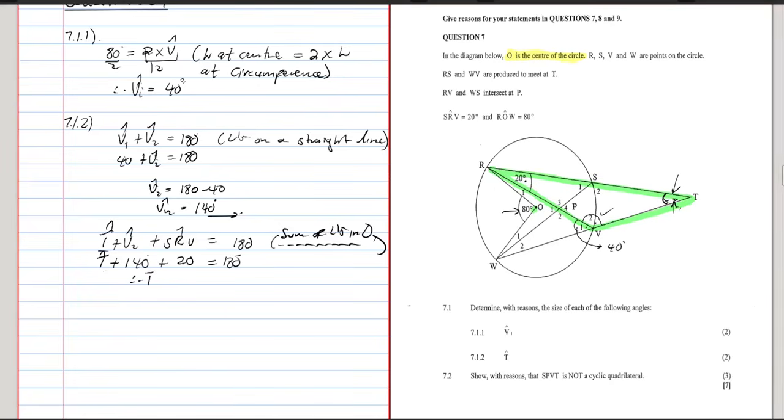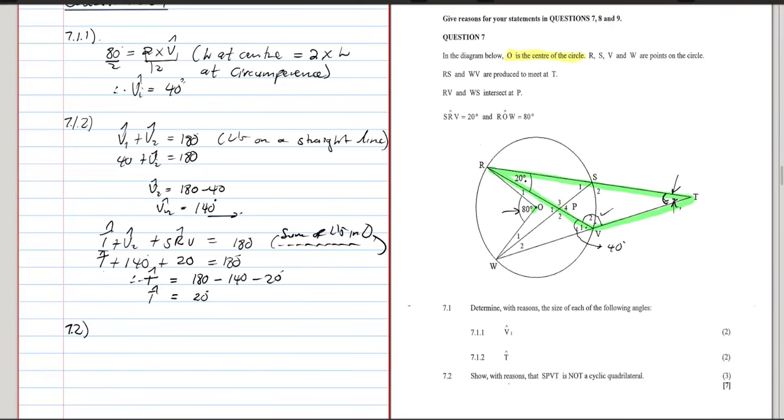Therefore angle T is equal to 180 minus 140 minus 20. Angle T equals, let's go, 180 minus 140 minus 20. I'm getting 20 degrees. That is 20 degrees for T. Then for the last question, we get